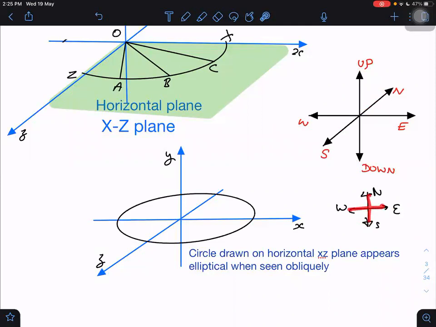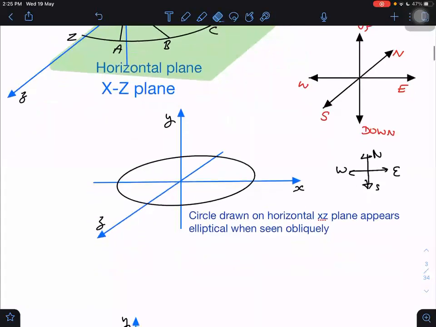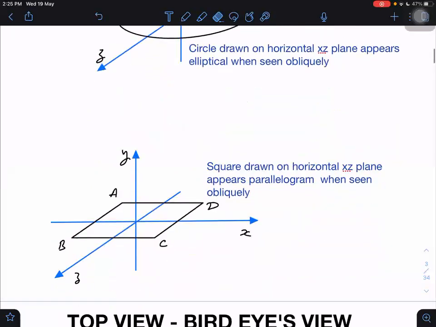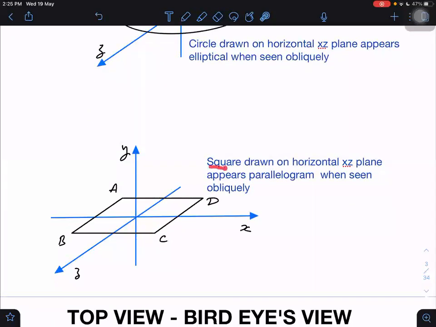It is like we are looking from the top view. If I look from the top view, then I will see only north, south, and east, west. What is the angle between the north, south, and east, west directions? 90 degrees. East, west is our x-axis, north, south is our z-axis, and up and down is our y-axis. We can think in that way. Okay, right, sir.